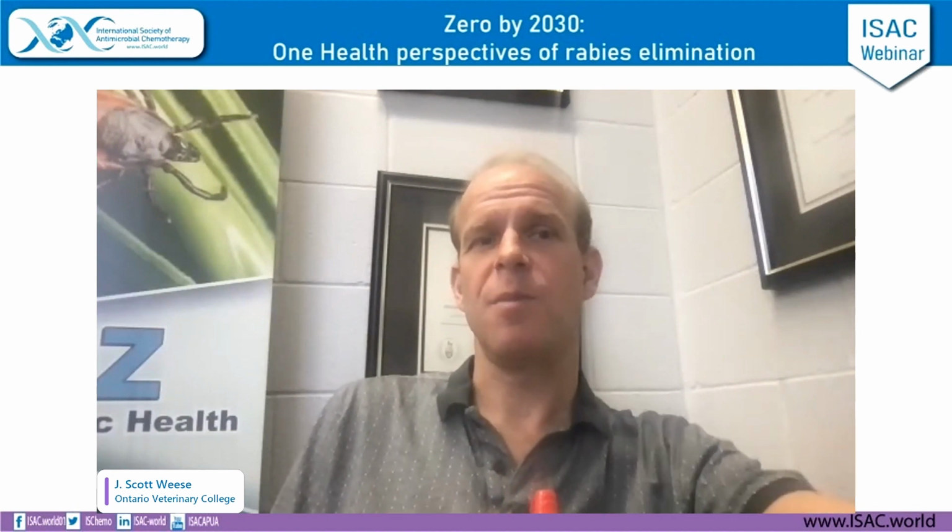So I don't think it's ever going to be one or the other, but oral vaccination has a much greater chance of reaching this 70% goal. 70% is a lot of dogs in an area, and it's a lot of rapid turnover. If we go in and vaccinate a lot of dogs parenterally once, 6 months later there may be a lot more unvaccinated dogs. So it's a combination effort.